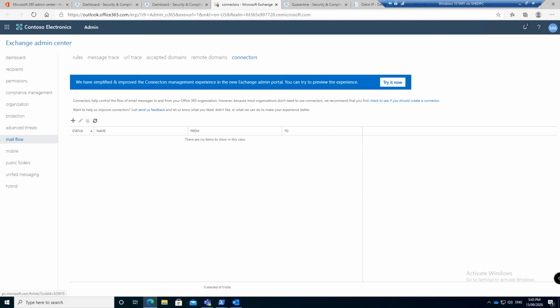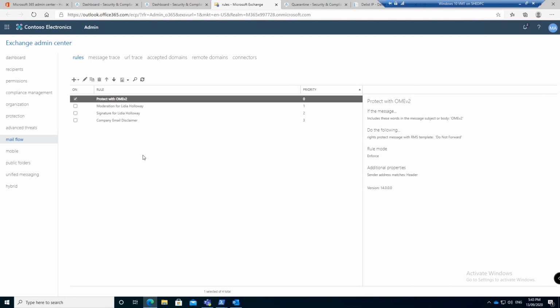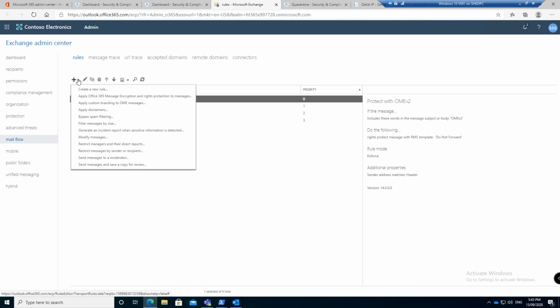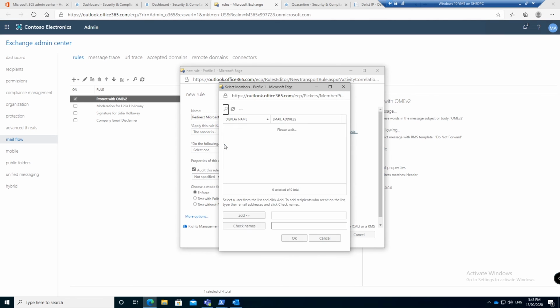So that's basically all the stuff that I'm going to run you through for Office 365. Actually, one more thing. Another thing you can do is set up mail flow rules. So mail flow rules automatically do stuff to emails. Say you wanted any email from Microsoft to be delivered somewhere, you can go create a new rule, redirect Microsoft emails, apply this rule if the sender is